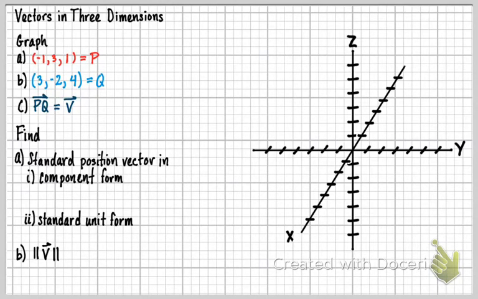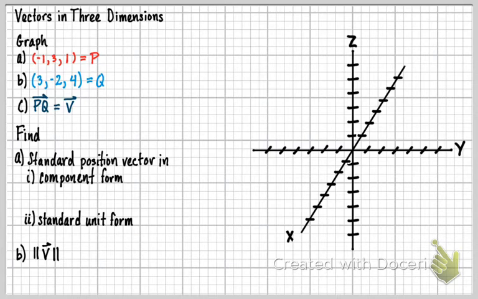Now what I'm going to do in this video is talk about all those components I did in 2D and 3D now, like points, vectors, and all of those components. So let's get started. So the first thing I'm going to do is graph the point P, which is -1,